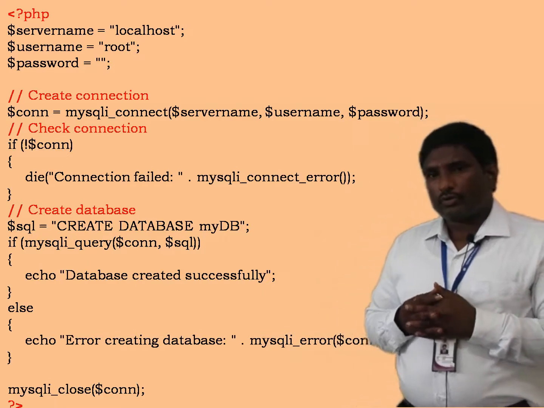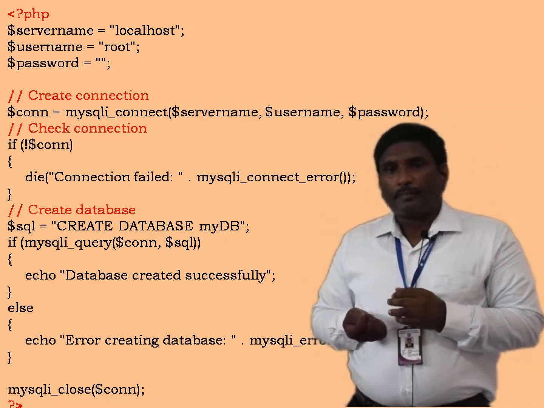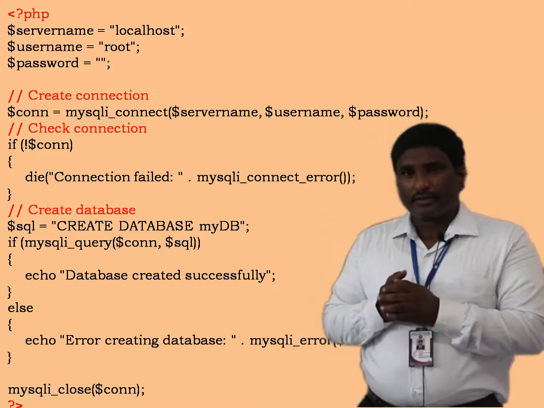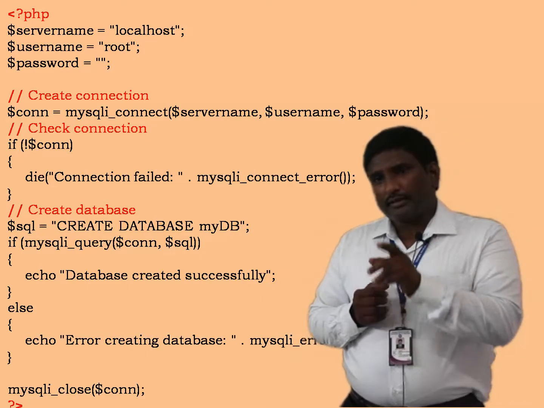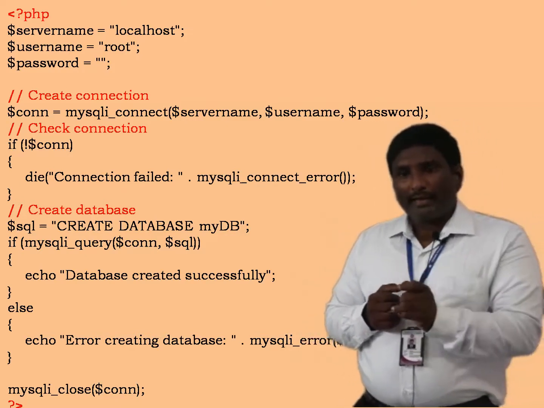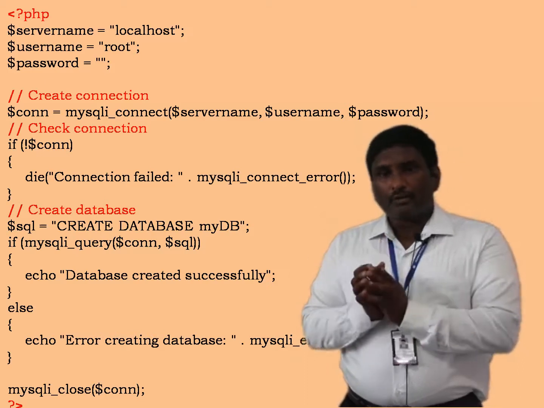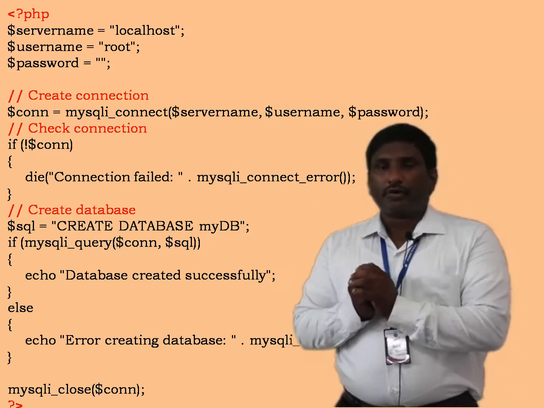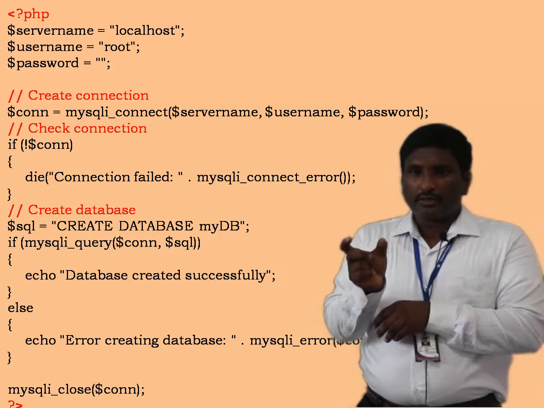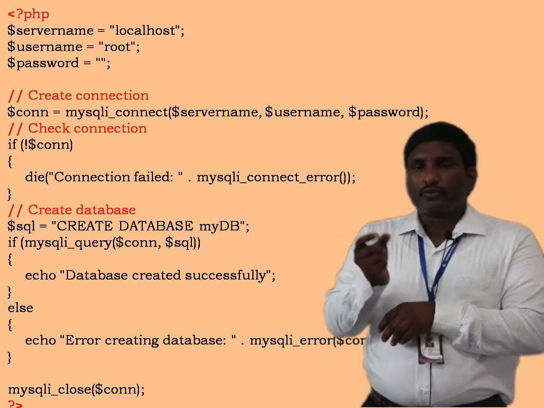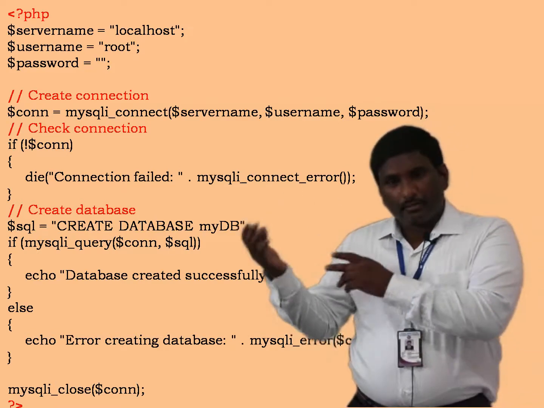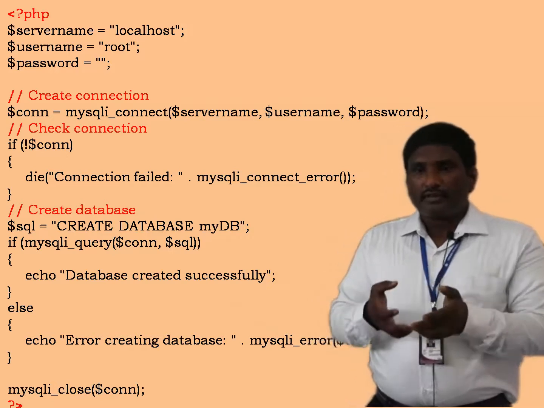We know SQL operations in Java in order to connect to databases, like executeQuery and executeUpdate. Like that, PHP also has functions to execute SQL queries. mysqli_query has two arguments: one is the connection object, and another is the corresponding SQL query. Whenever this is executed, it returns true if the database is created in the MySQL server. If it returns false, it doesn't create the database.